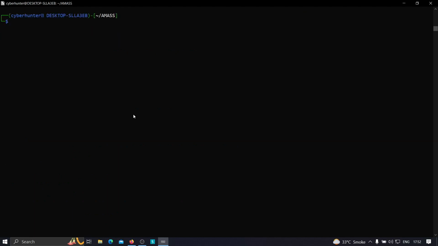Now how to use this config file that we have created in Amass, right? So by default, Amass loads the default config.ini which is present in the home directory, but for this case we have created another config.ini, right? So now we need to tell Amass that okay, you need to use this config.ini instead of the default one, right? So just type amass enum